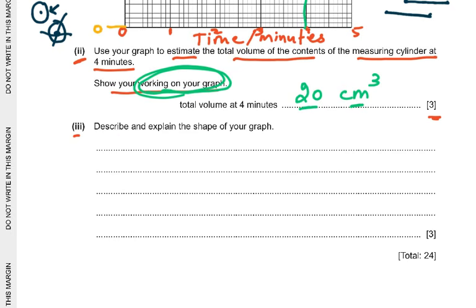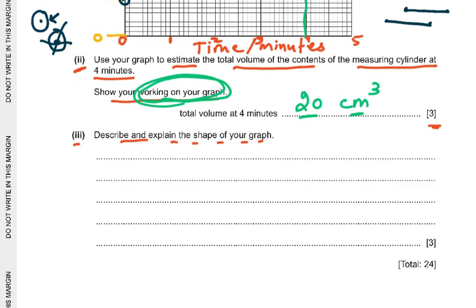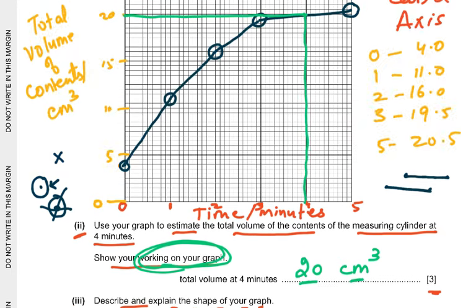Then it says part 3, describe and explain the shape of your graph. The shape of the graph was what? Let's look at the shape of the graph. Describe and explain the shape of the graph. So volume increases with time. Yeah, fine. Volume increases with time. That's what you can see here, that the volume is increasing with time. And then